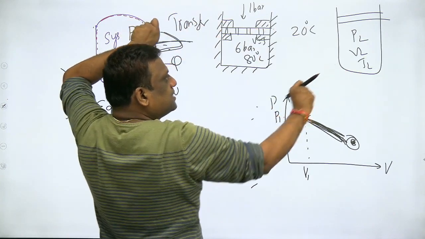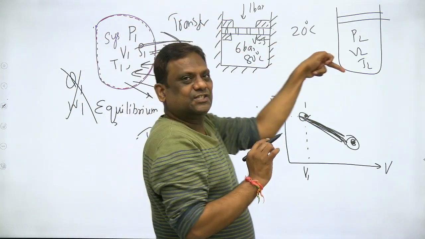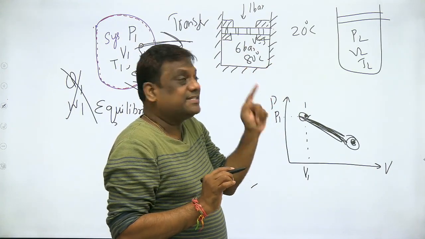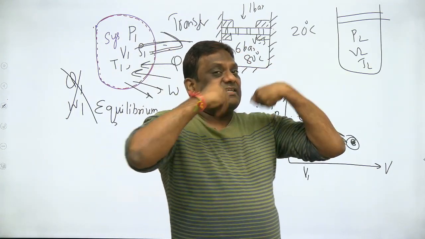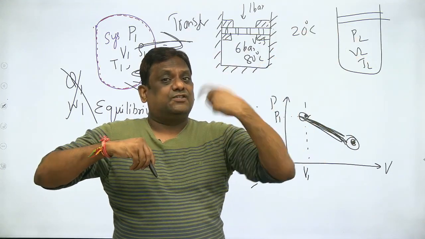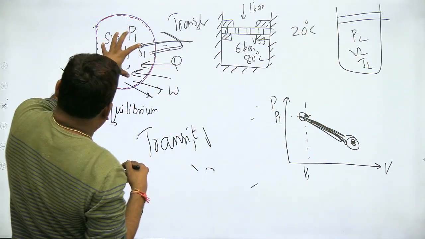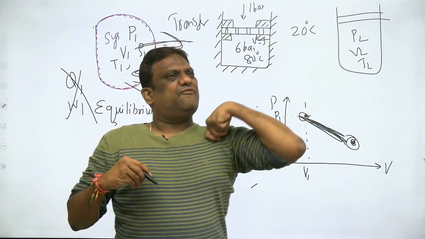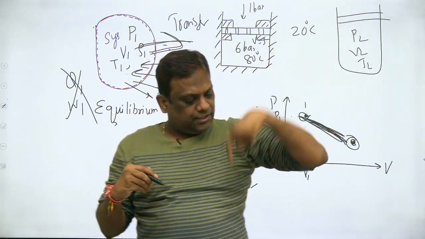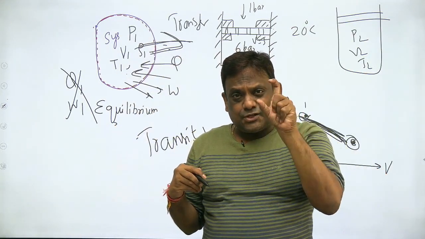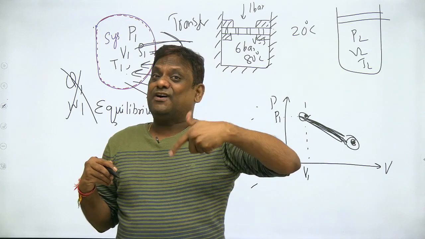When insulation is removed, now there will be heat transfer because it is crossing the boundary. So don't use the word heat because it is transferred. Whenever it is transferred, maybe from system to surroundings or surroundings to system, we use the word transfer. There is nothing like heat. There is nothing like work. It is just heat transfer, maybe from system to surroundings or surroundings to system. So the correct suitable words are heat transfer and work transfer.